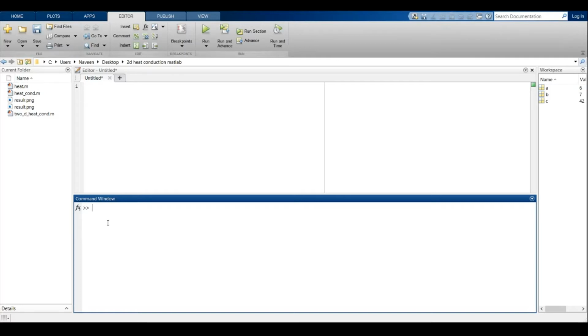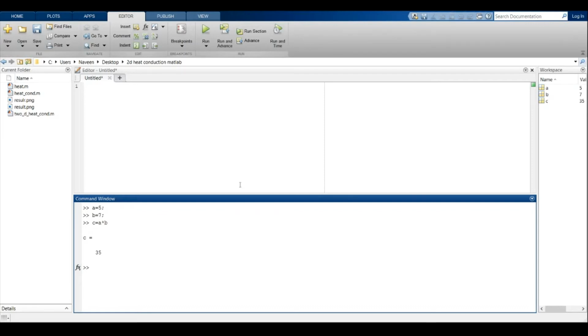Let us give a very small code. A equals to 5, B equals to 7, and I'm giving C equals to A into B. So the answer appears C equals to 35. In this command window I have given a very small code.